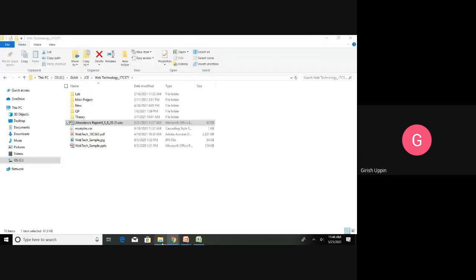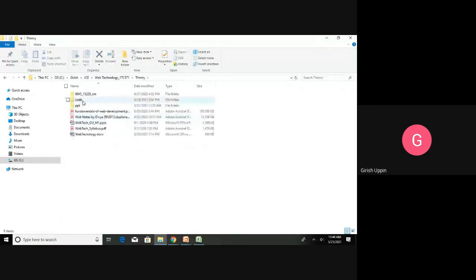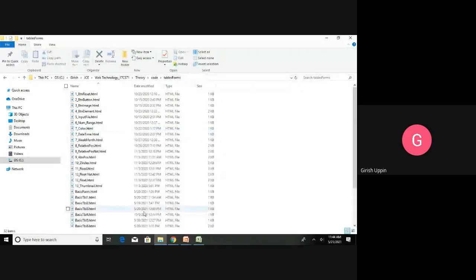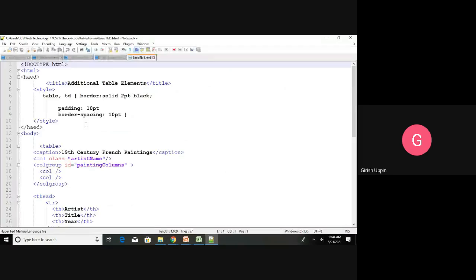Let me open the source code. All right. So if you see here, I already have table and border. Let me remove the TD. So we will start with the basics.